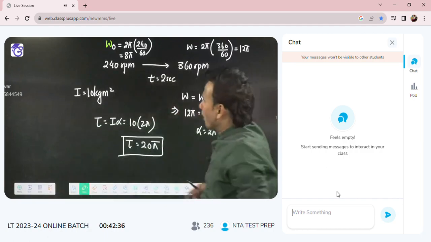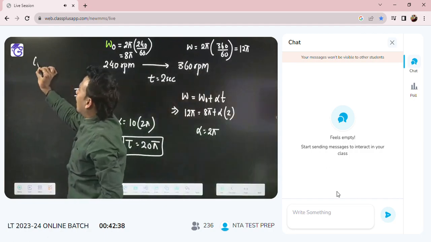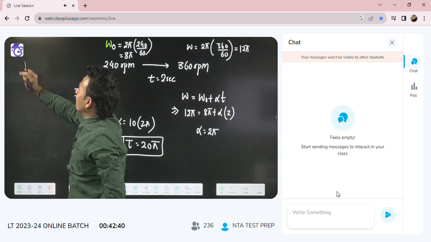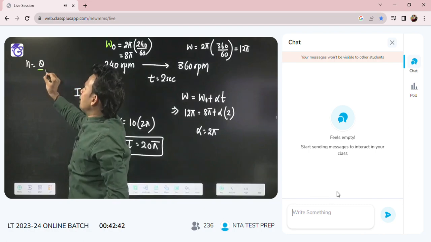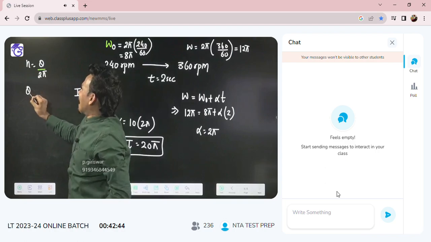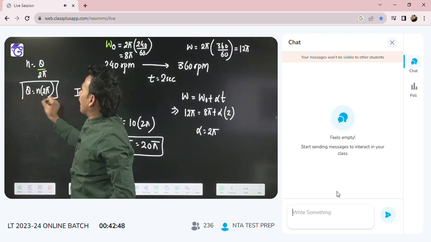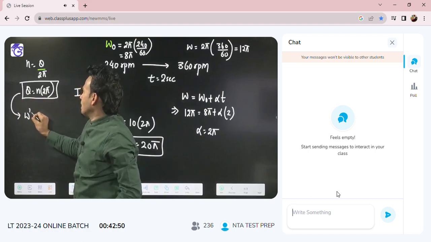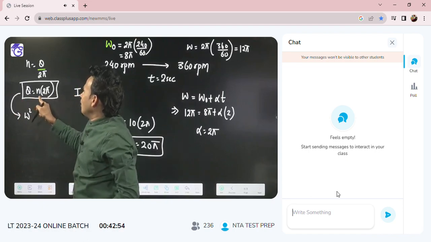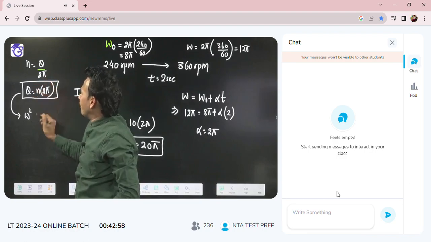If they give you number of revolution, then find theta. Because you know n will be equal to theta by 2 pi. So find theta, n into 2 pi. And now you can calculate your alpha using the third equation. Because now time is not given, theta is given, omega initial, omega final, theta, then alpha will be calculated